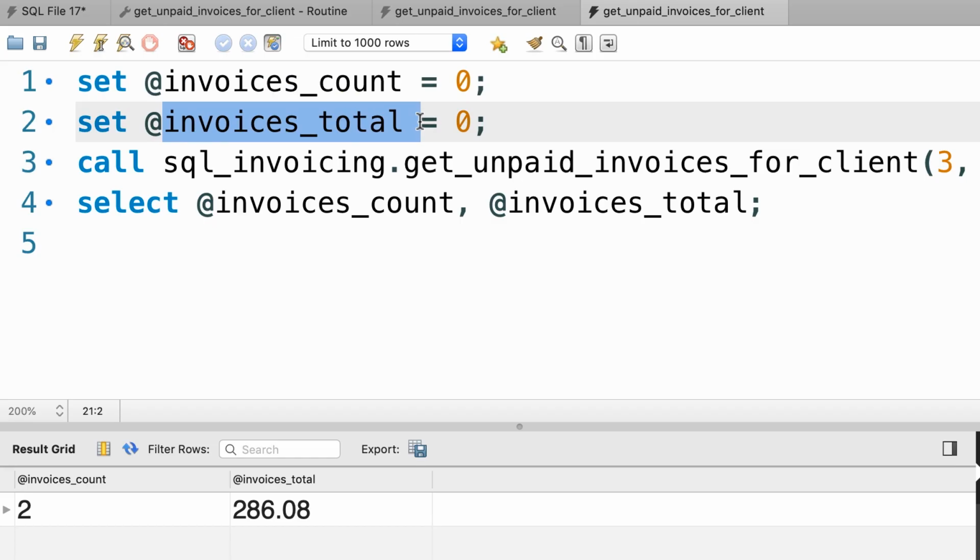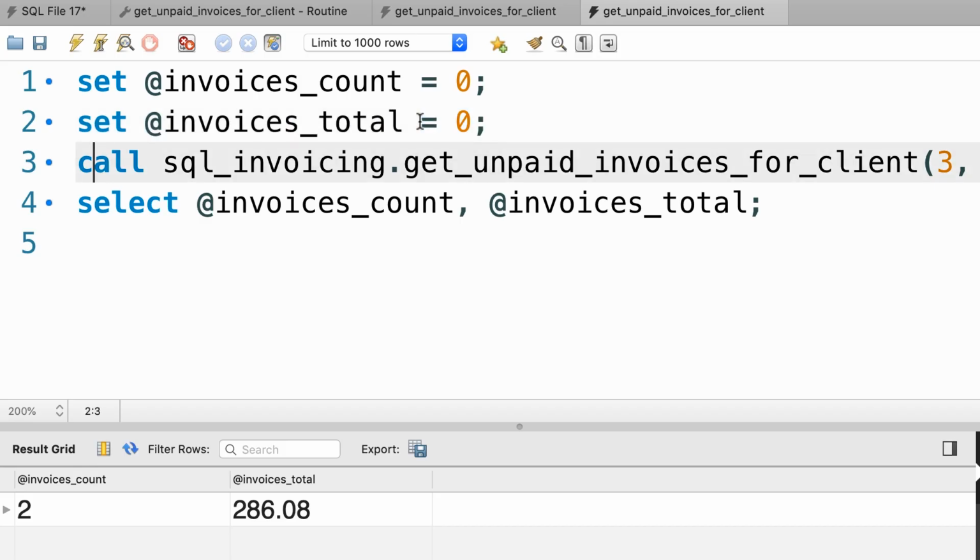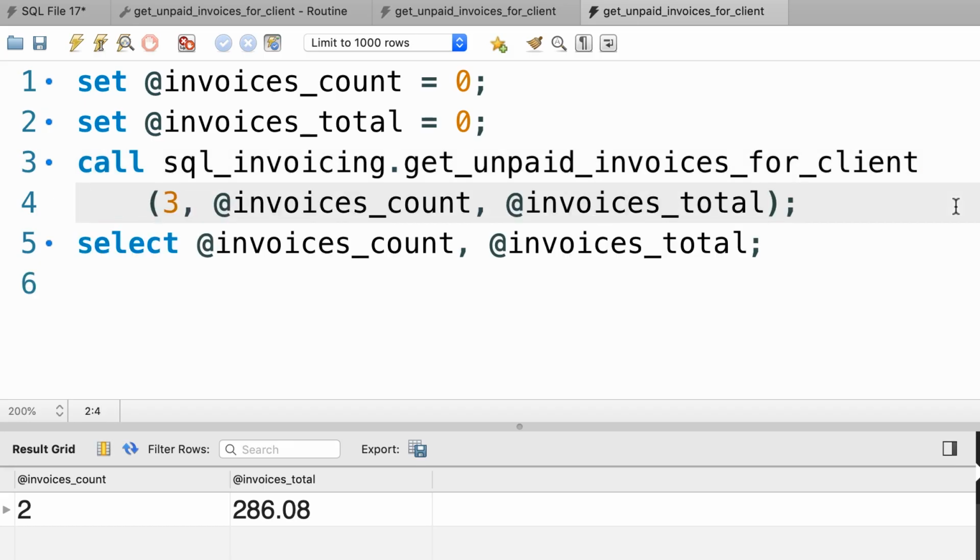These are what we call user-defined variables. A variable is basically an object that we can use to store a single value in memory. Now, to define a variable, we need to prefix it with an @ sign. So here using the set statement, we're defining 2 variables and initializing them to 0. Then, when calling this procedure, we need to pass these variables. So our first argument, 3, is the client ID, and the other arguments here are the variables that we defined